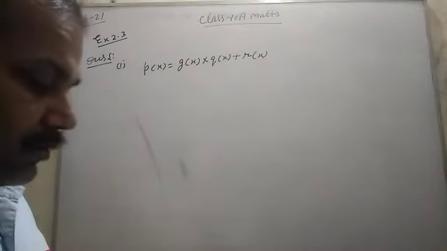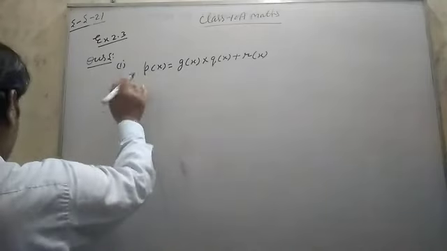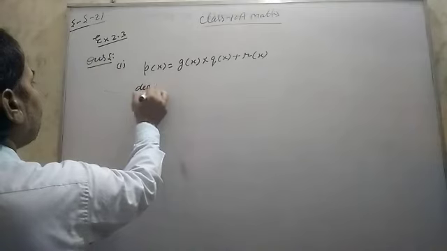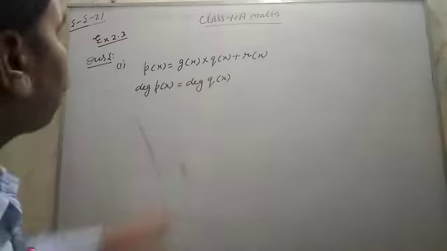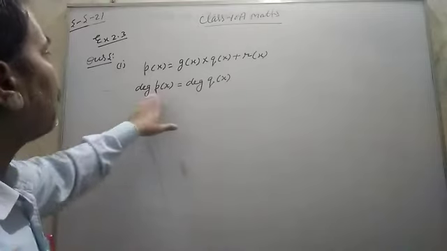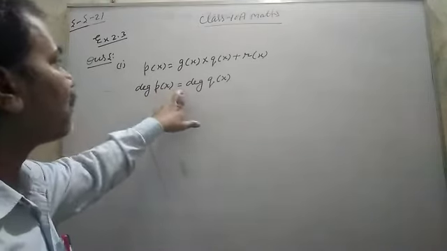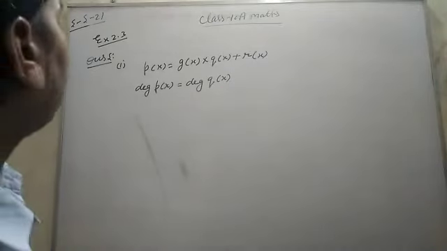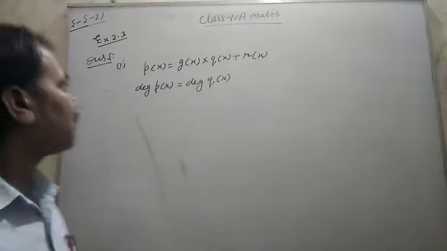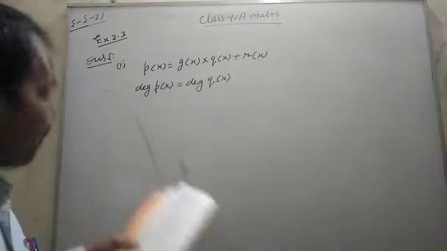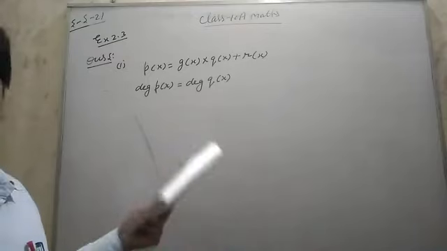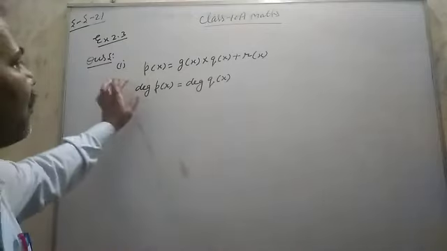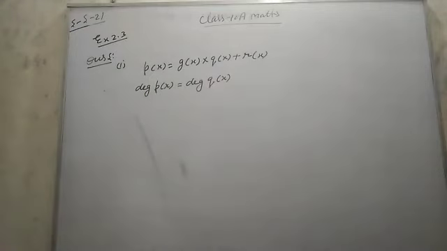So division algorithm and the condition is degree p(x) is equal to degree q(x), means we have to satisfy the division algorithm, and in that degree of p(x), means degree of dividend, is equal to degree of quotient. So for this we have to take an example, and one thing, listen carefully: for these questions the answer will be different, so don't think that your answer and the book answer both will be the same, maybe different, because here we only have to satisfy this condition. So take one example.